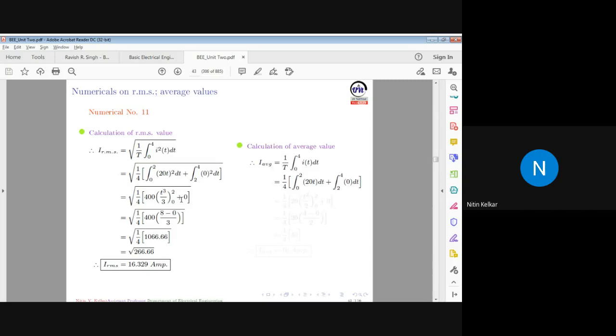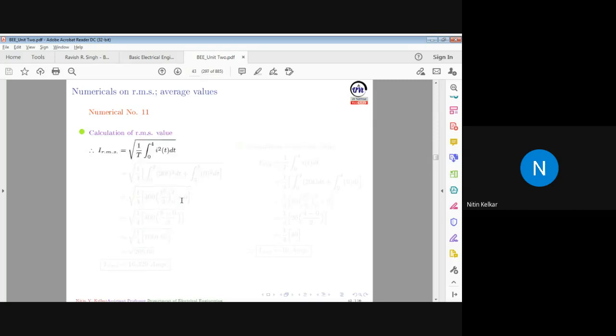So let me display all the things, or we'll calculate the RMS value and then we'll go for the average. No problem in that. Anyhow, we have to solve it fully. So this is the formula for RMS value. It is 1 over T, where T is the time period required to complete one cycle. Integration limits are decided looking at the time required to complete one cycle by the alternating quantity, and I square